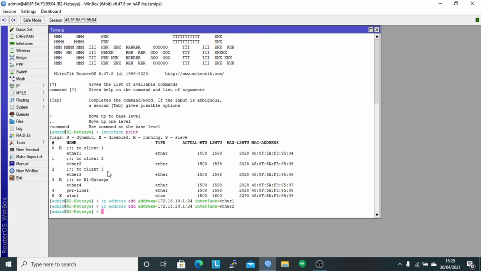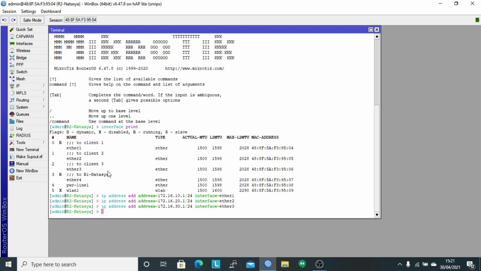And next, type the command ip address add address 172.16.30.1/24 using interface Ether 3.